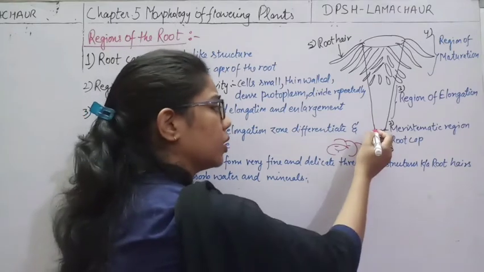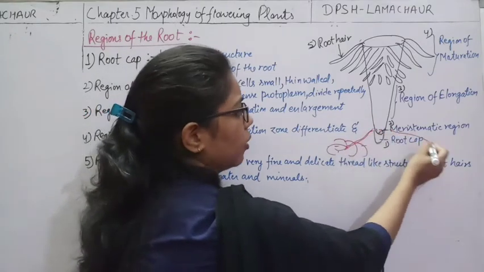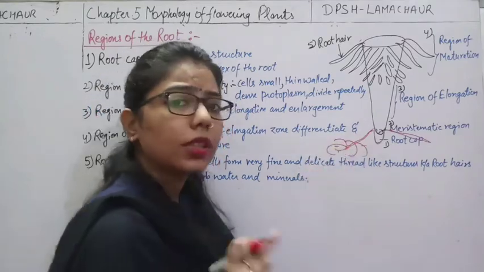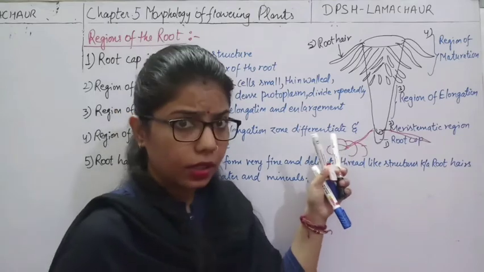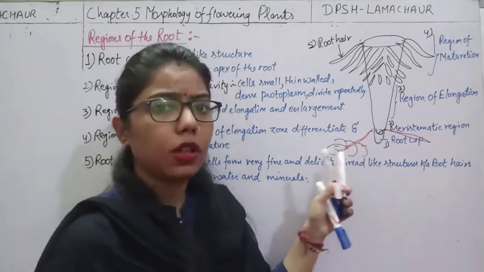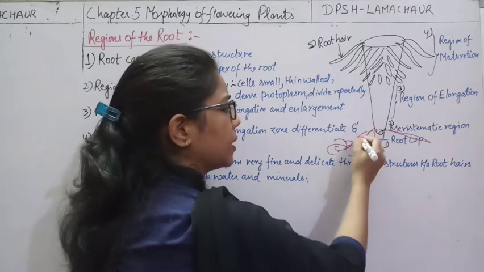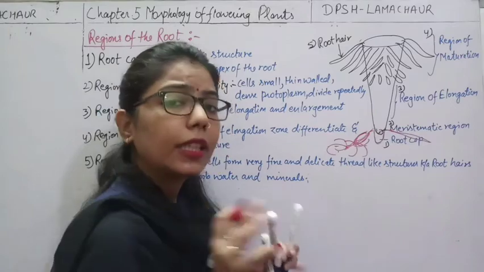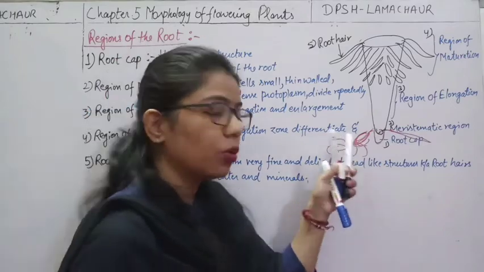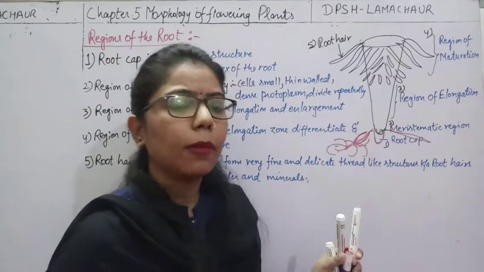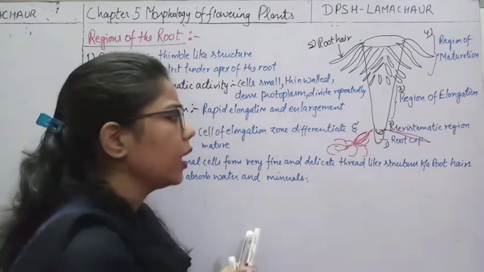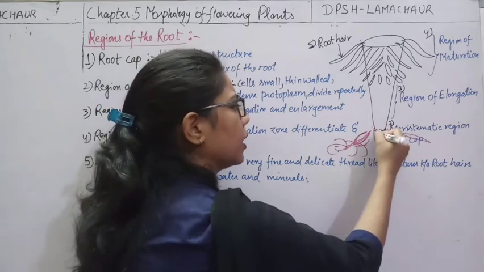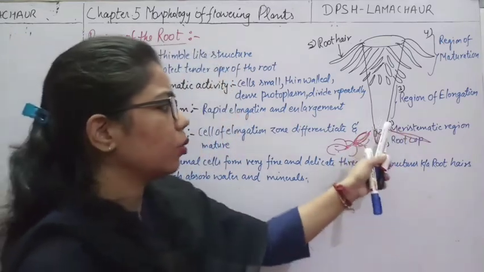So what is required? These roots will try to penetrate into the soil, and due to this, what will happen? They will be damaged by this pressure. But the root cap which is present above the root will provide protection to the root, so that it will not get damaged by any pressure. Here I have drawn this root cap like this, so that it shows that it forms a protection of the root which is present here.